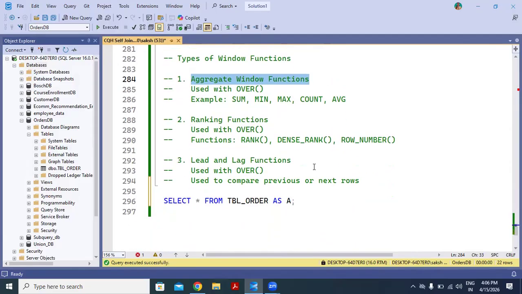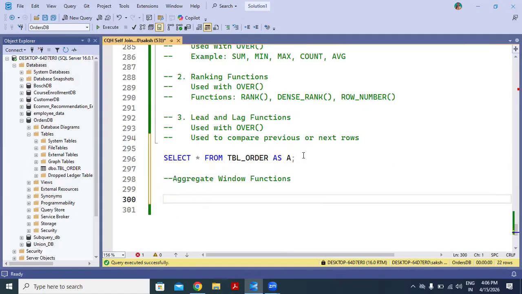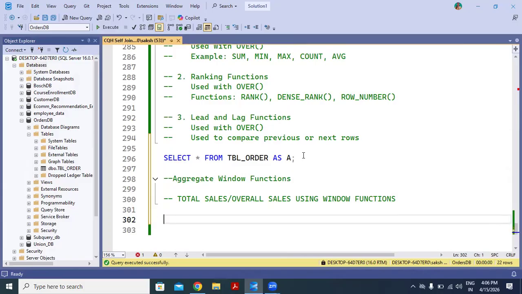Let's start with a simple example. Let's try to calculate the overall sales or total sales using window functions. Let's copy this.